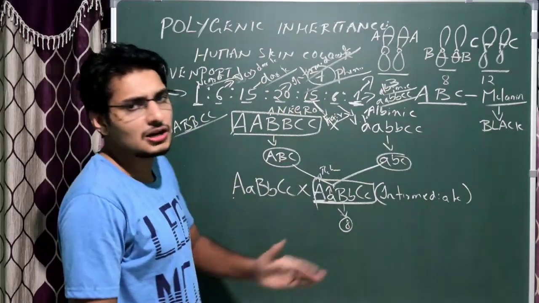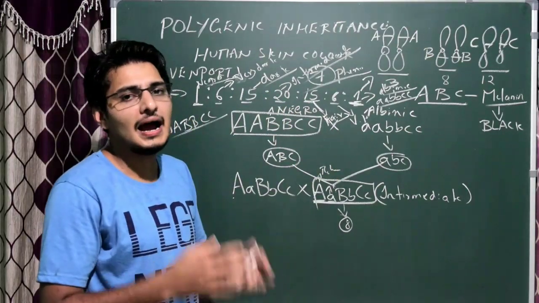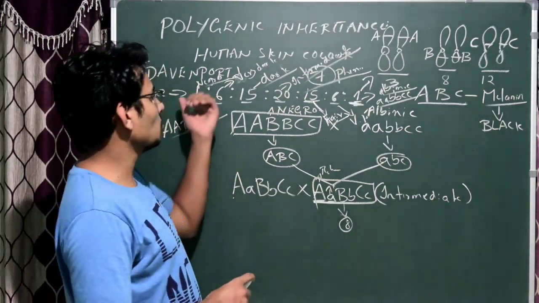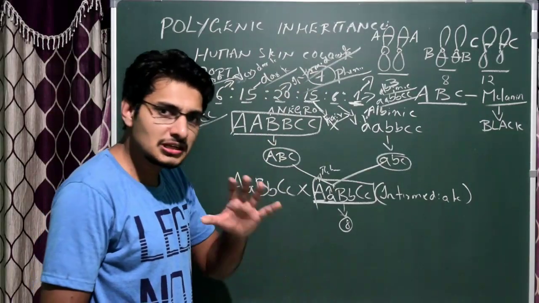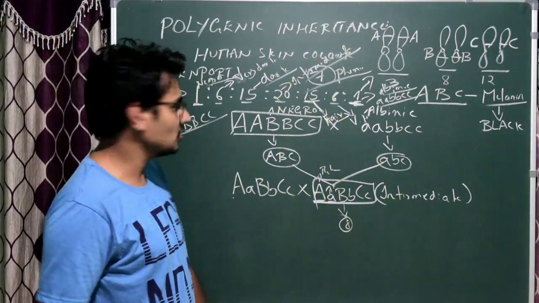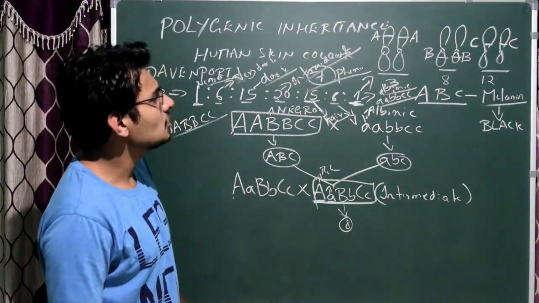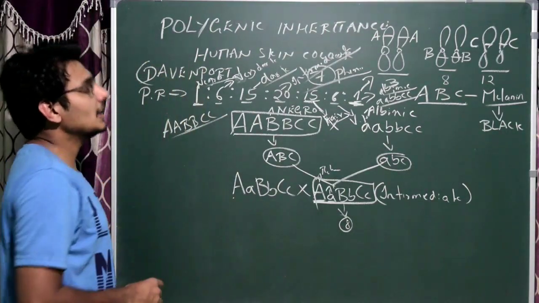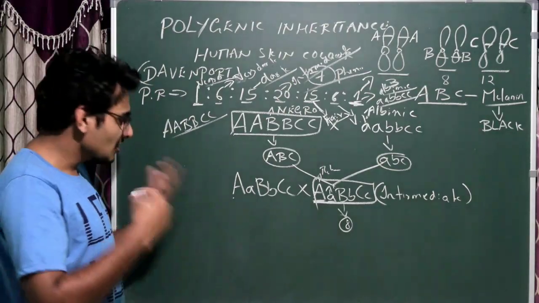As a result, whatever offspring they got had intermediate color. A total of 64 offspring were produced in F2. Out of 64 you could see the phenotypic ratio, that is 7 phenotypes. What are those 7 phenotypes? That's it. So this is actually the first example of polygenic inheritance. Simple here.